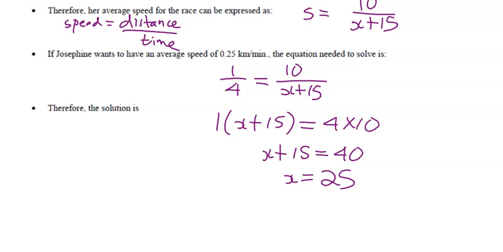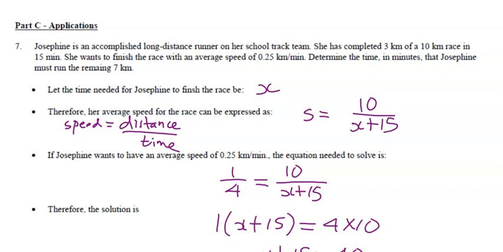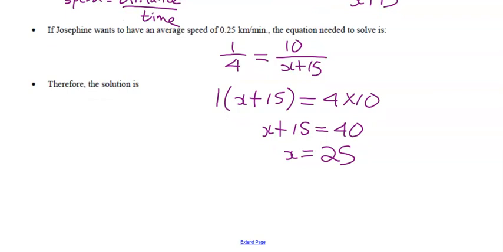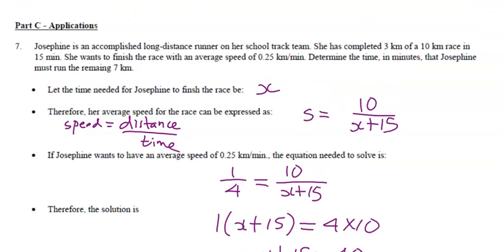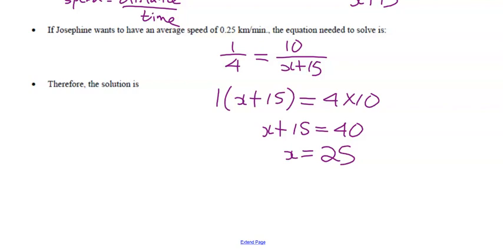So if she runs for, what the heck were they asking? So there's always that, right? It's like, I don't remember the question now. We solved this. What was the question? Determine the time in minutes that Josephine must run the remaining 7 kilometers. Okay. So, you know how you answer a written response? You repeat the question as a statement. So it said, determine the amount of time Josephine must run the remaining. So we just are going to rewrite this as Josephine must run the remaining 7 kilometers. Josephine